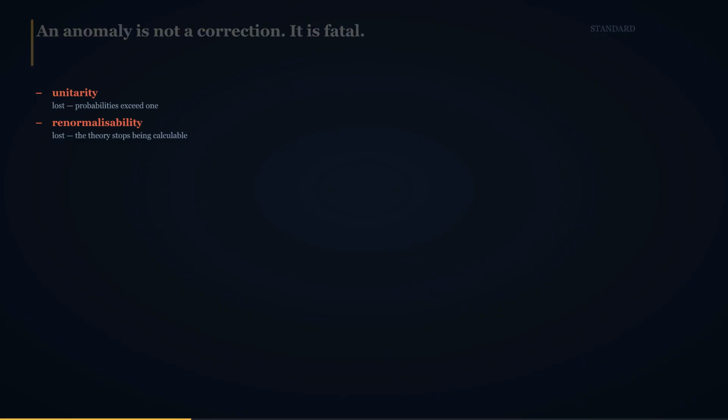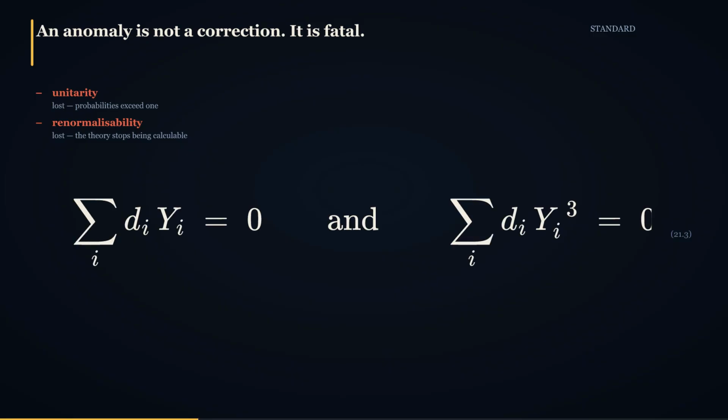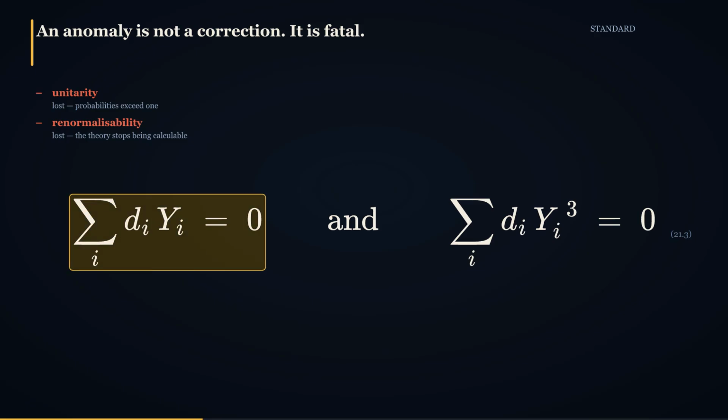It demands it, summed over every piece of matter in the theory. And here is the part that makes this chapter possible. Written out, that demand is not a hard calculation. It is arithmetic on the charges. Weight each family by how many of them there are, and 2 sums have to vanish: the plain sum of the charges and the sum of their cubes.